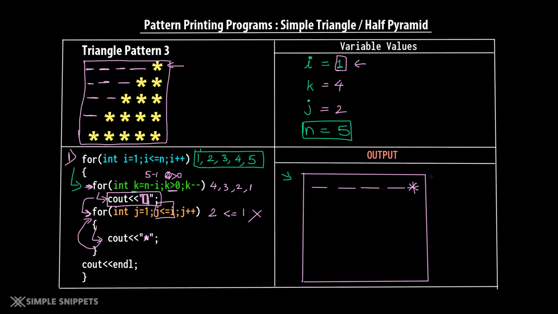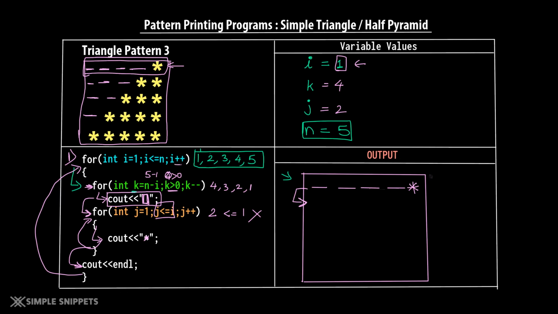So we will come at the end, that is the last statement of the outer for loop, that is the first for loop, and we will say cout endl. When we say cout endl, we will come to the next line on the command prompt. Okay. So you can see what just happened over here. We got the first line of our pattern. Now when we come at the end of the outer for loop, we will come at the start of the outer for loop, because this for loop will run for 5 times, right? So we have just done the first iteration.